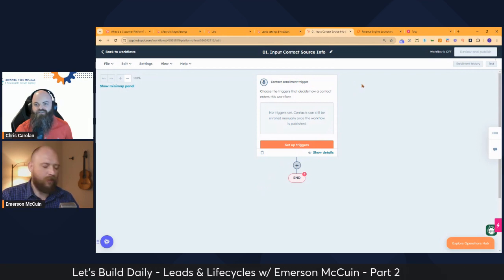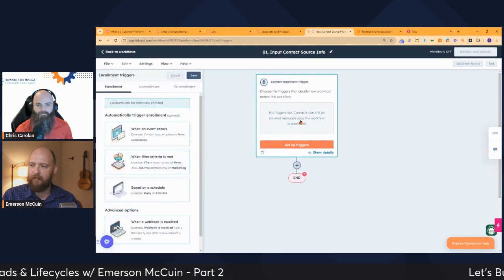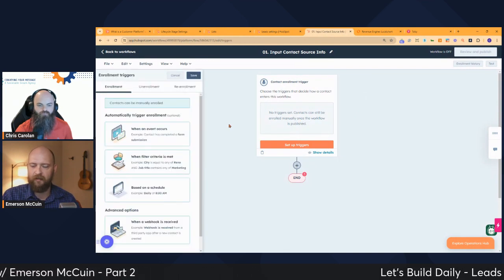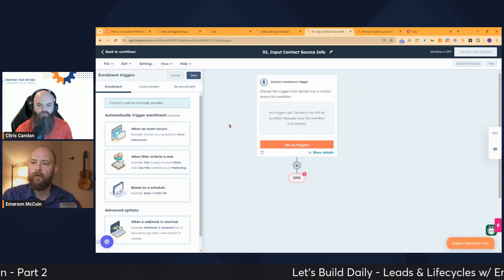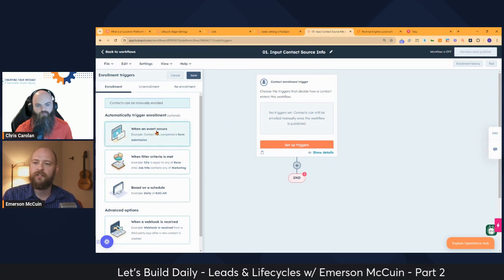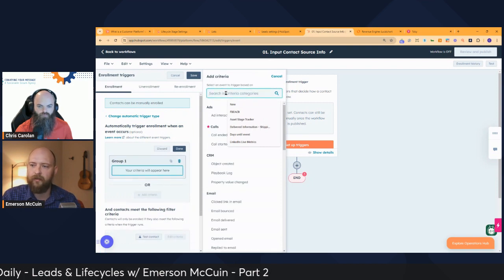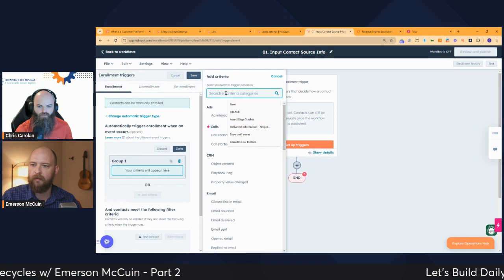Yeah. So triggers, right. We're going to keep it simple, but you could have complexity here based on your situation, right? The many reasons that something could need to create a lead. We'll do when an event occurs, and we'll just stick to lead score crossing a certain threshold. That would want to trigger this workflow.